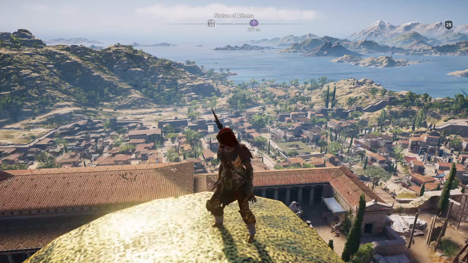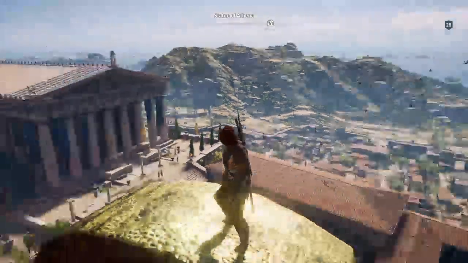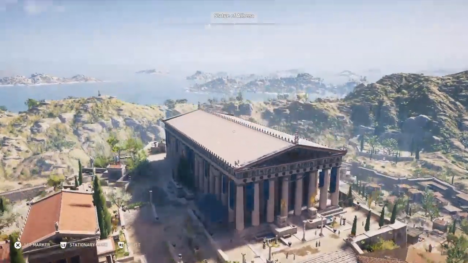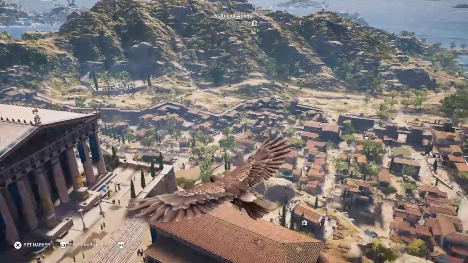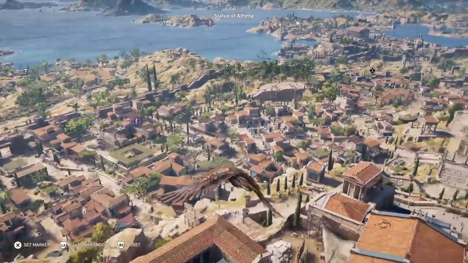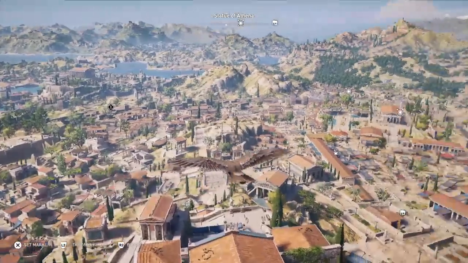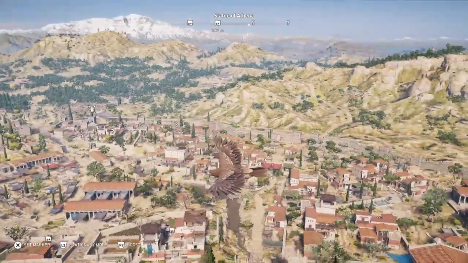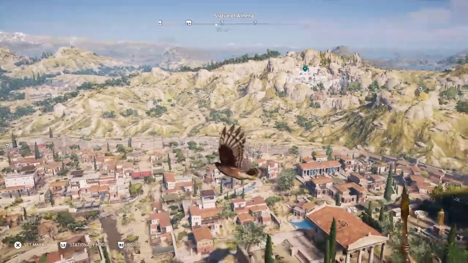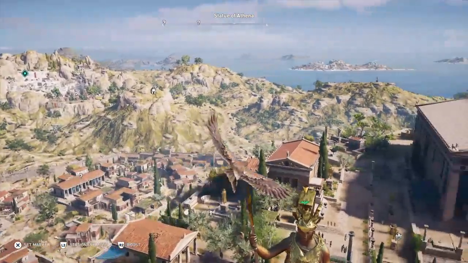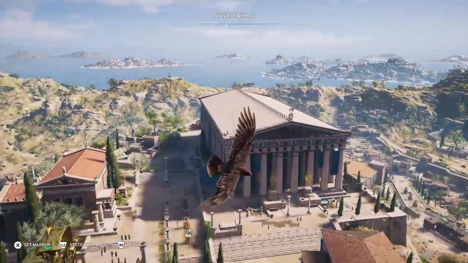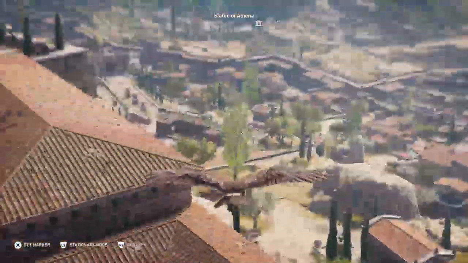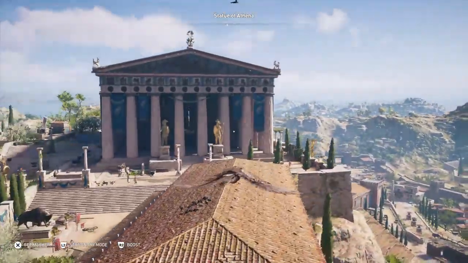But anyway, I'm on top of the statue of Athena in front of the Parthenon. It's kind of at the center of the city, so you can get a good view of the whole city sprawling out around us from here. That is pretty cool. Yeah, I mean, it's amazing. That's the famous Parthenon with its super interesting geometry to it.